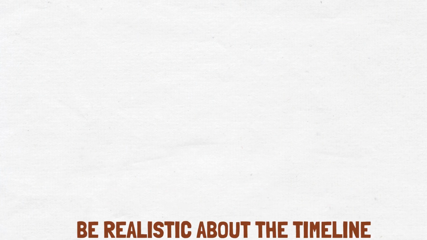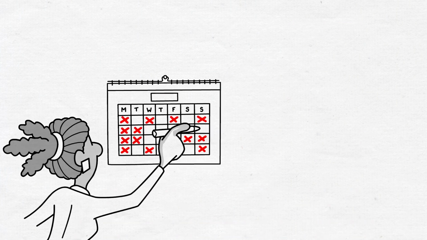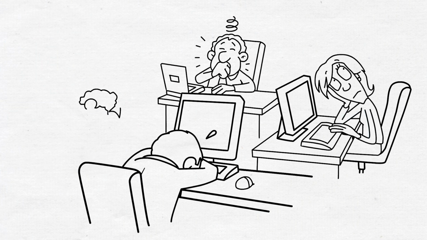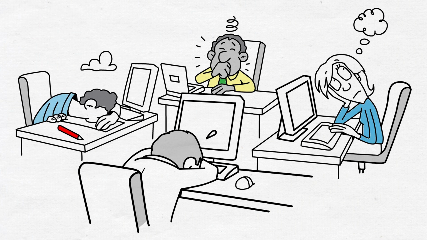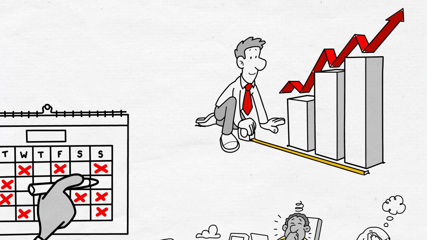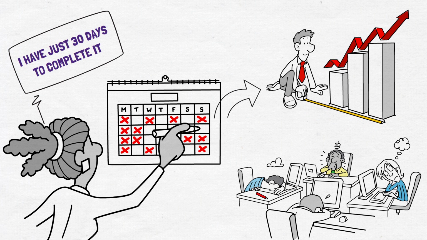Setting a time-bound goal is essential because it creates a sense of urgency and helps you focus on achieving your objective within a specific time frame. It's easy to get sidetracked and lose motivation when there's no sense of urgency or deadline for achieving your goal. Within a deadline, measuring your progress and knowing if you're on track to achieve your goal is more accessible.